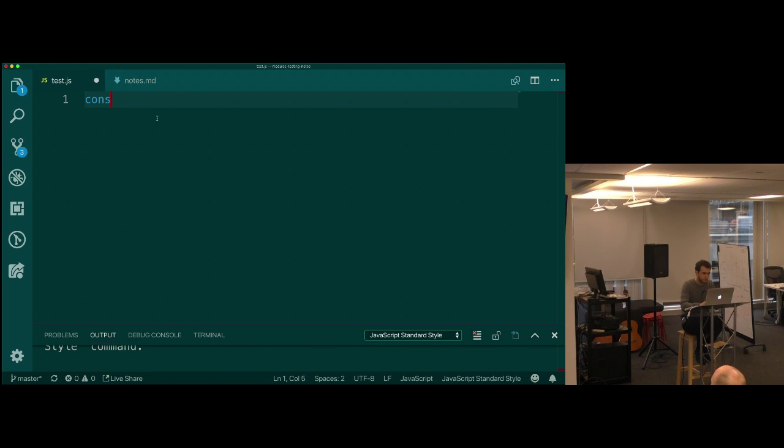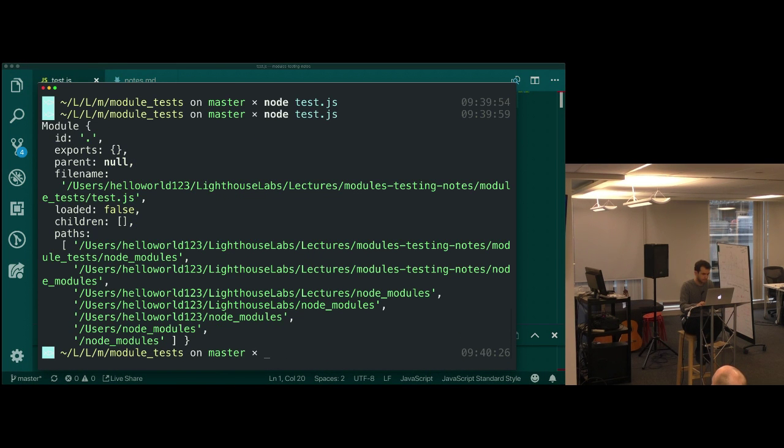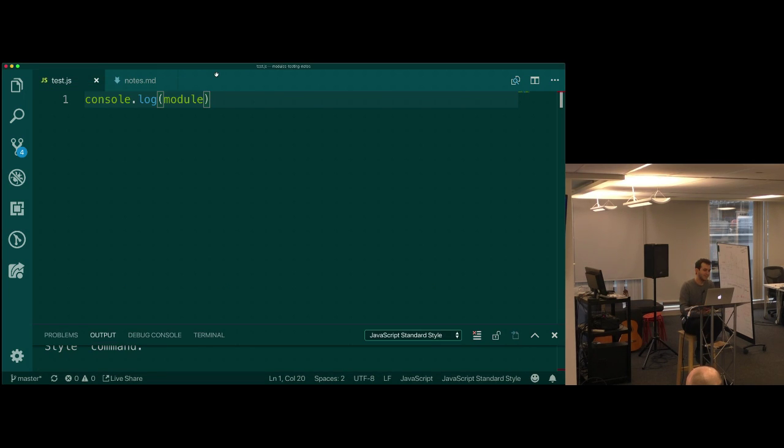Okay. I'm going to console.log the word module. And I get a bunch of stuff, which is weird, because do I have any other code here? No other code in here.